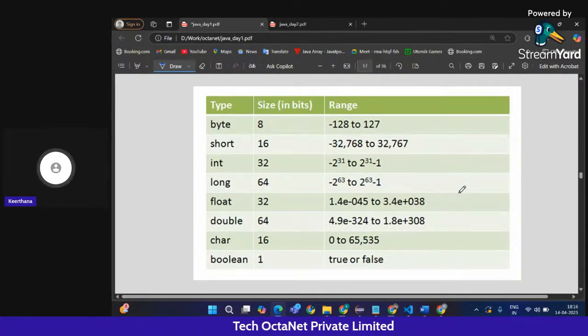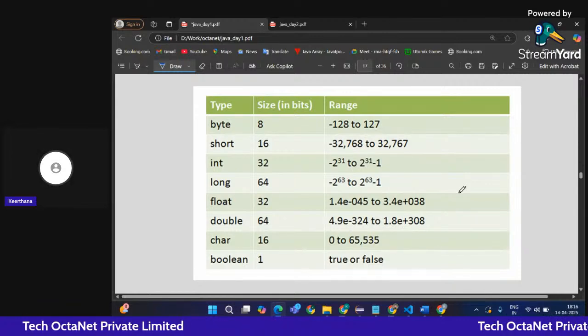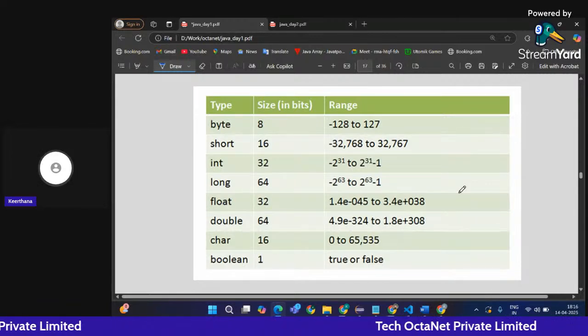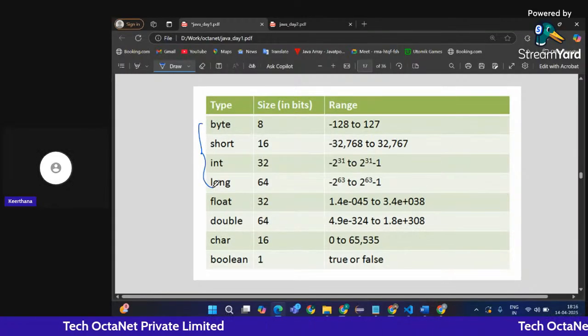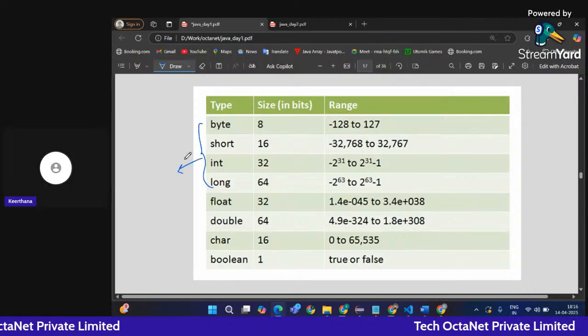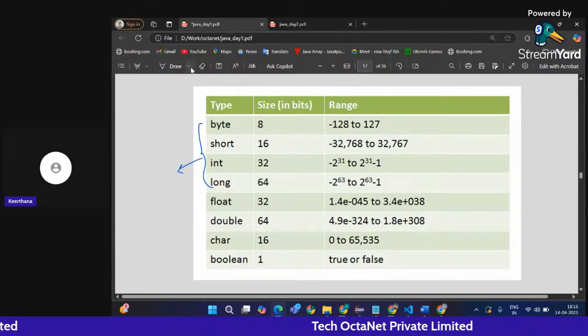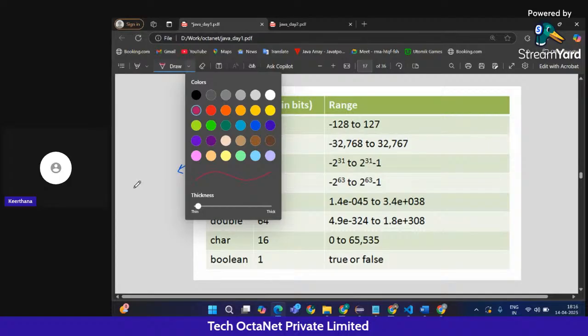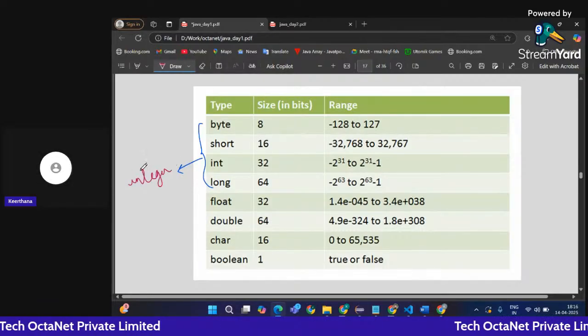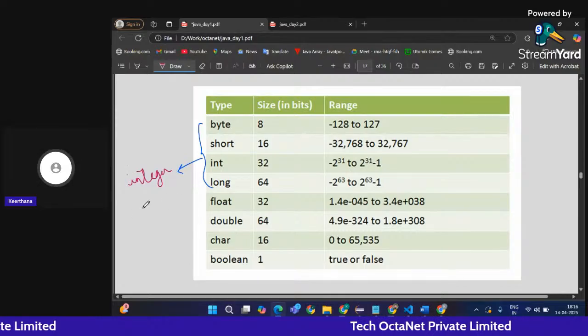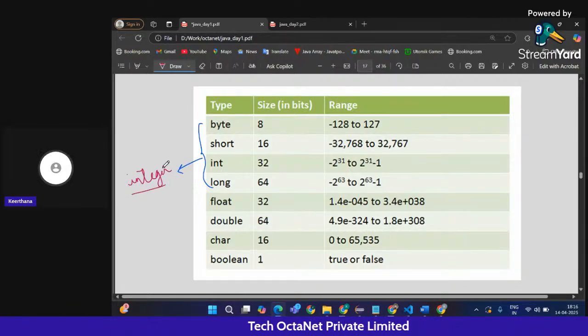Yes, so these are the various data types, their size in bytes, and the range of numbers up to which you can be storing. So I said, right, these two correspond to integer. Okay, so if you're going to store an integer value, and that integer value lies between the range,